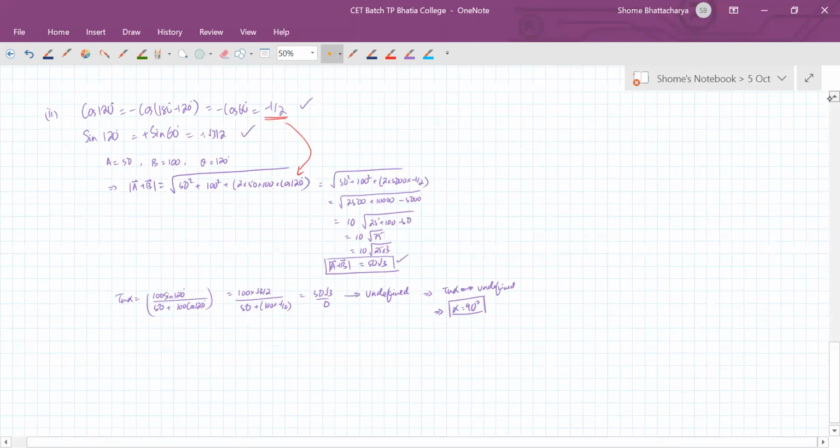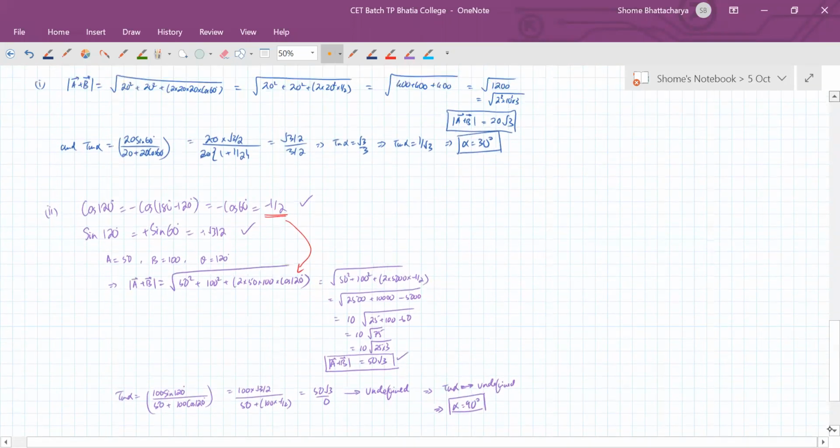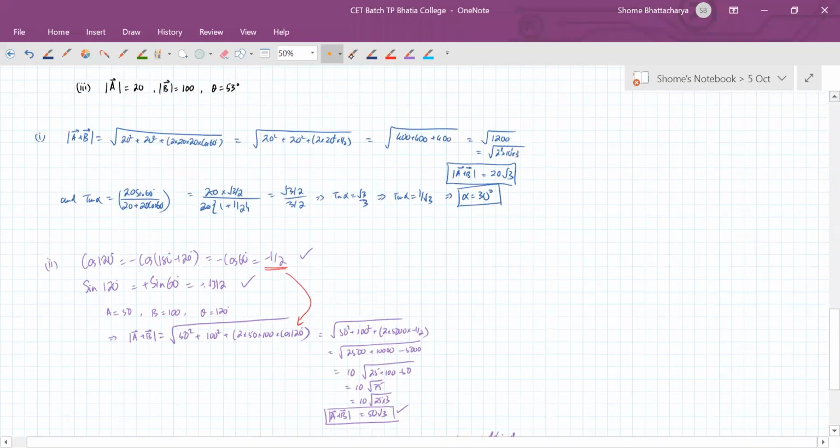So you can also get a little bit of idea about the geometry of these two parts by just drawing simple triangles to understand. So the first part, you had magnitude of A equal to magnitude of B, equal to 20 units each, but the angle between them was 60 degrees. This was A, this was B. So the resultant was becoming this side, 20 root 3 in magnitude, and this angle alpha was becoming 30 degrees. So this is what your vector triangle was looking like.